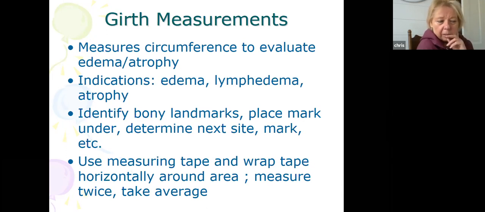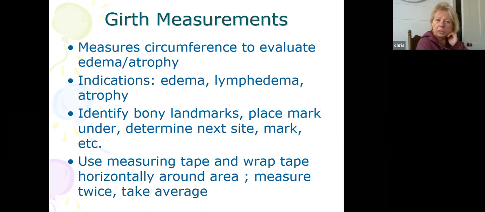This way, you know. Otherwise, if you just measure somebody and say, well, I'm going to measure the mid calf, how do you know next time or after your intervention that you're measuring the same spot? You don't, unless you have some kind of a mark there or some kind of a tool to use that. I mean, you're still going to have some error, but the error is not going to be as great as if you didn't have some kind of marking there to begin with, okay?